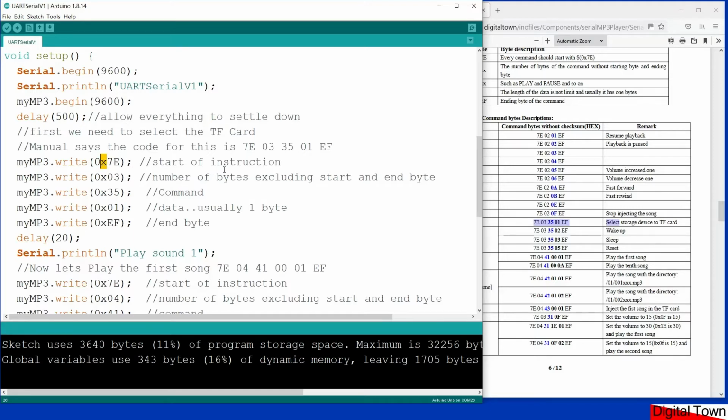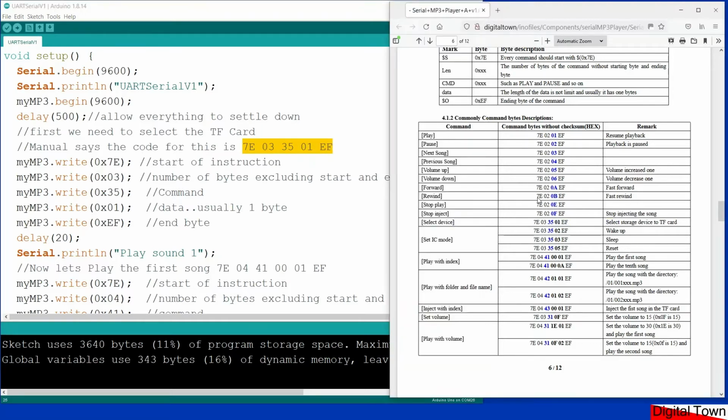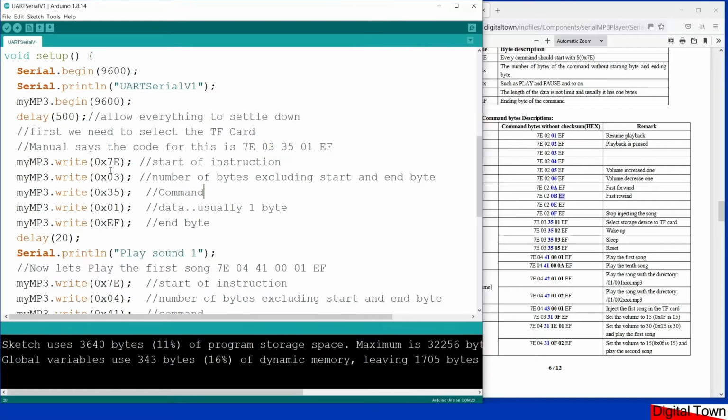So our first instruction is to select the TF card, and this is the code that we're putting in. With each instruction, if you look at the manual, everything starts with 7E and everything ends with EF. That is because 7E is, if you like, the first byte that's sent through that tells the unit this is the beginning of a new instruction, and EF tells the board that that is the last part of the